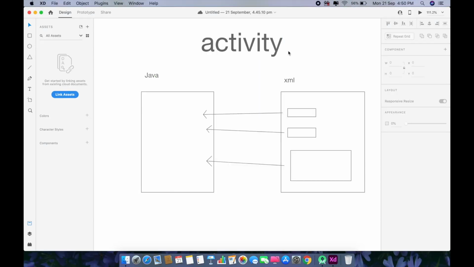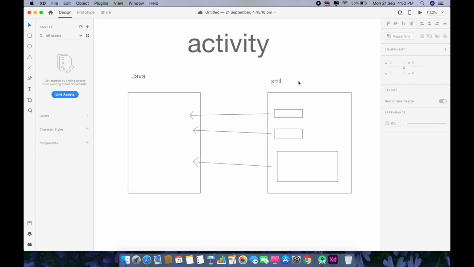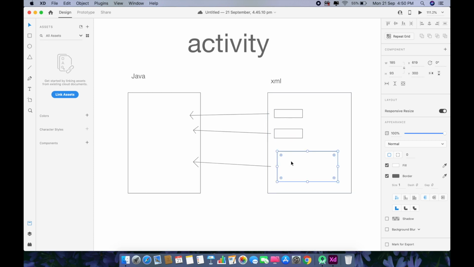When we create a new project, we basically tell Android Studio that we want to open a new empty activity. When we open an activity, Android Studio makes two files for the activity. Number one is the Java file and the second one is the XML file. The Java file is used to do every work related to coding, and the XML file is used to do every work related to layout designing. We basically start with XML file. In XML file, we define components that we are going to use in our layout, like button, text view, image view, or any other component that we want to use inside our application.